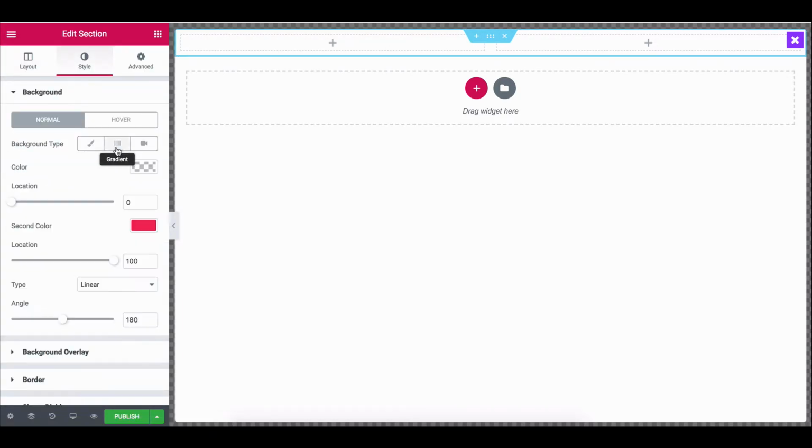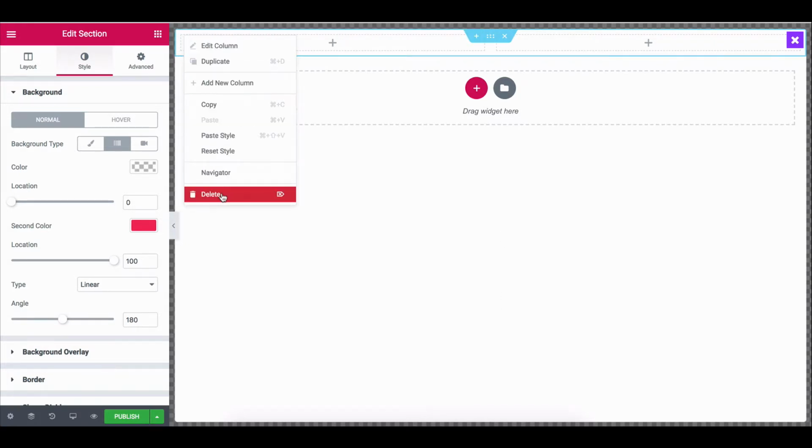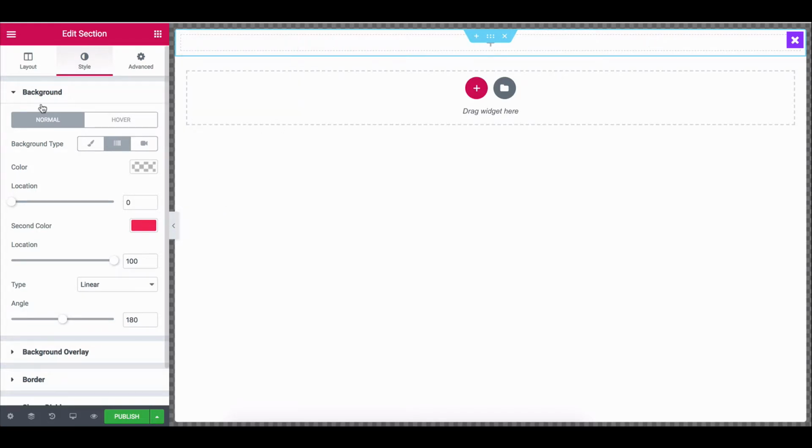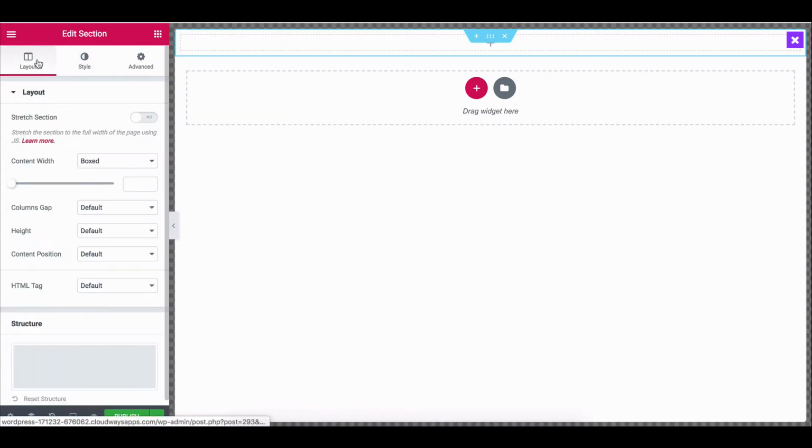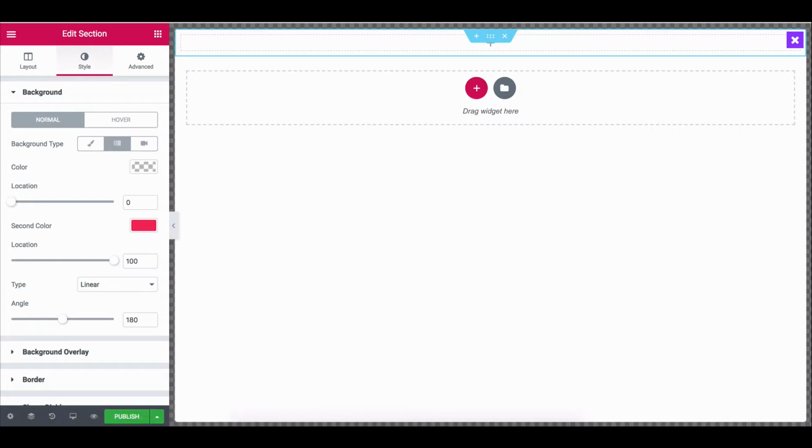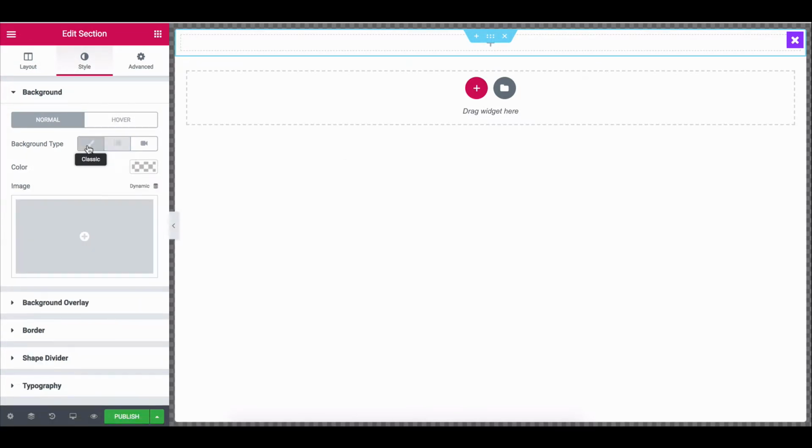We can do a gradient background. Okay, this is a way of shortcutting the... You know, honestly, I'm rethinking this. I'm not gonna do what I was gonna do. So you guys see what I did there on the other one, but I think this is more something where we don't want to do that. So let's actually go